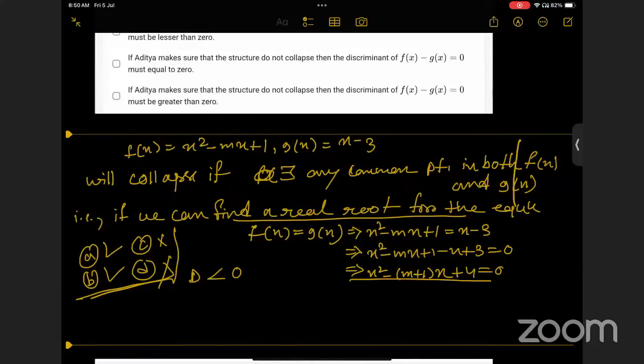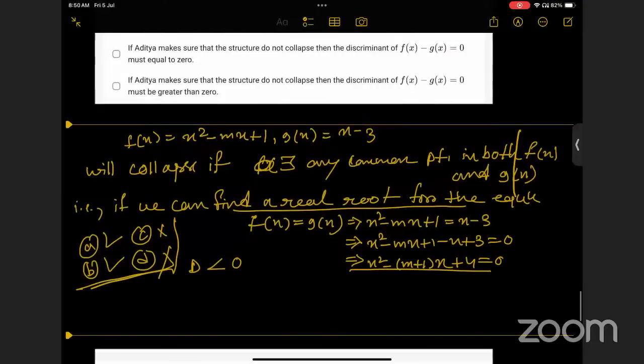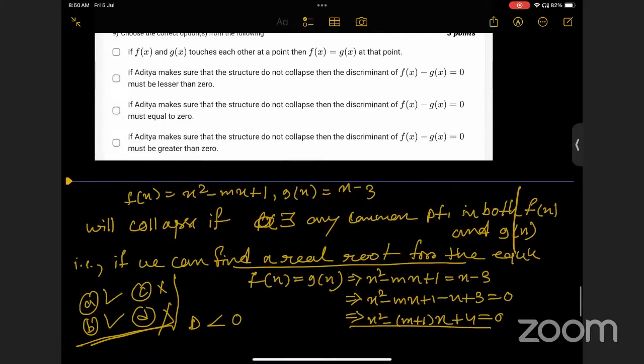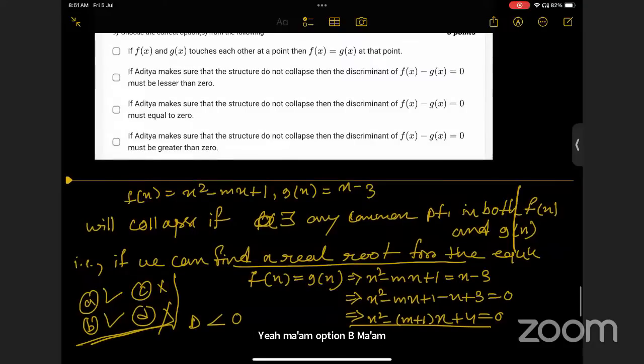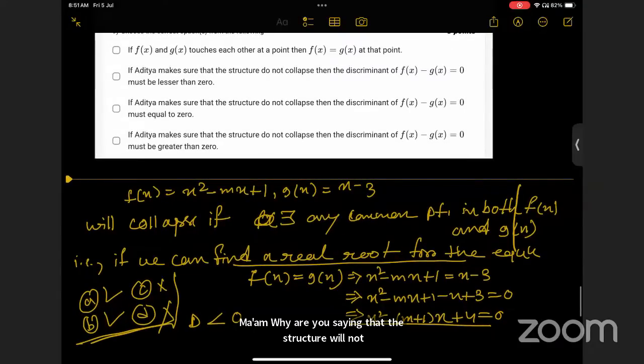If you have a doubt, you can ask. Ma'am, please repeat, the question was not clear. One by one, please. Can you explain the second option again? Yes, ma'am, option B. What is your problem with option B? Ma'am, why are you saying that the structure will not collapse when the discriminant is